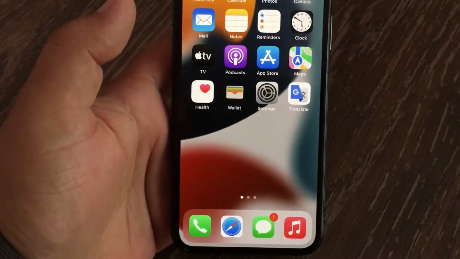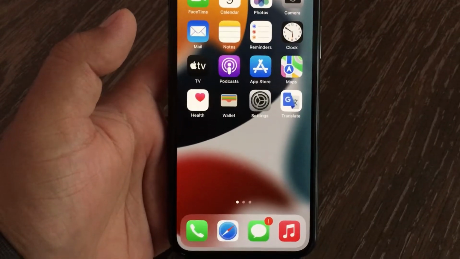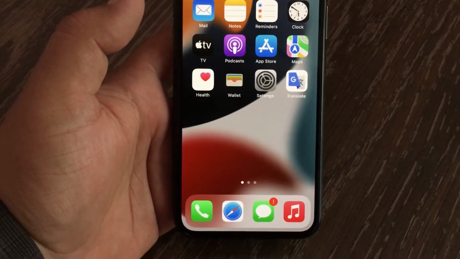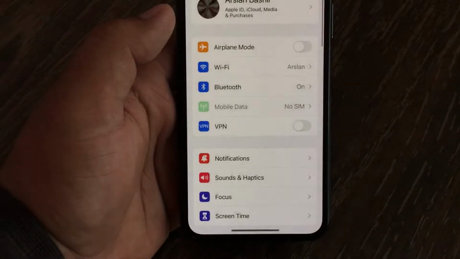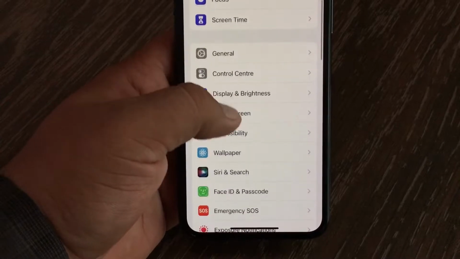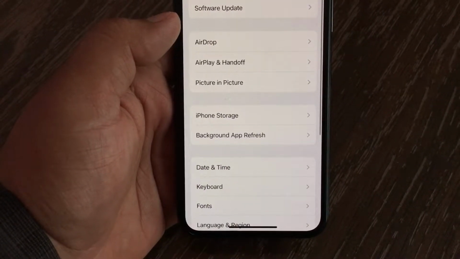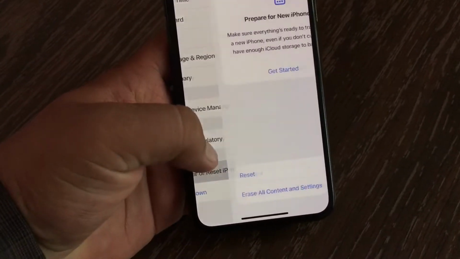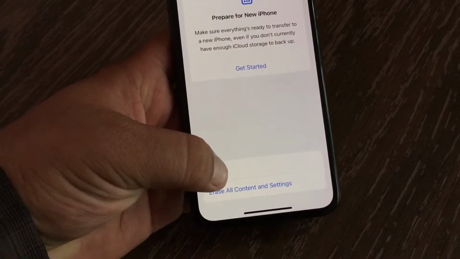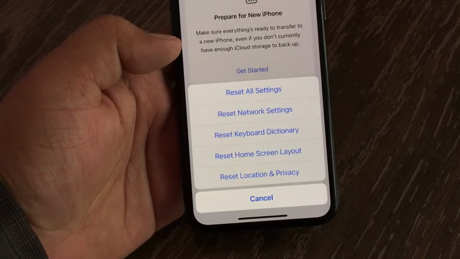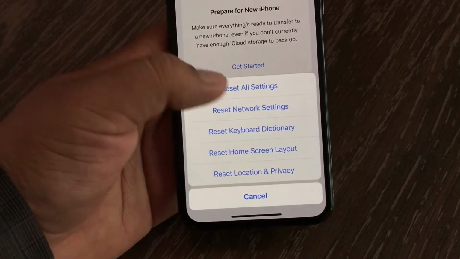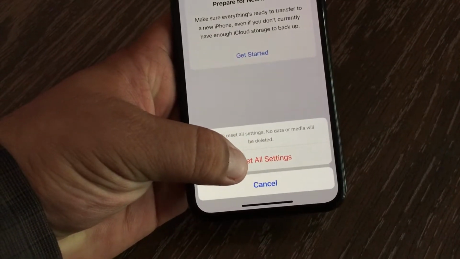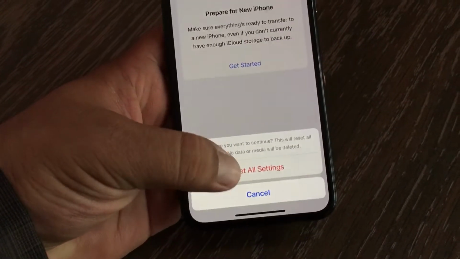So guys, to fix this issue, launch the Settings menu on your iOS device. Here you will see the General option. You have to click on it, then swipe down and click on Transfer or Reset iPhone. Click on Reset. Here you will see many options. You have to click on Reset All Settings, then click on Reset All Settings again to confirm that you want to